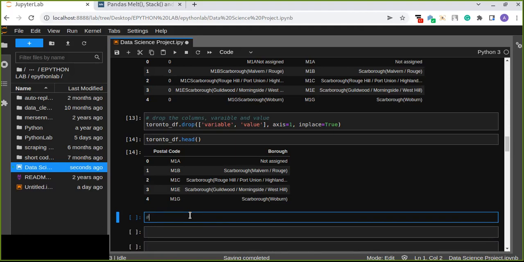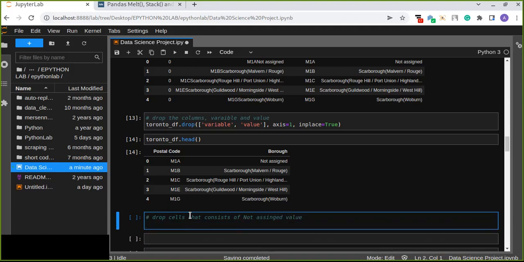The column borough consists of not assigned values, and we will ignore cells with a borough that is not assigned. Okay, we drop cells that consist of not assigned value. Okay, Toronto df is df dot,